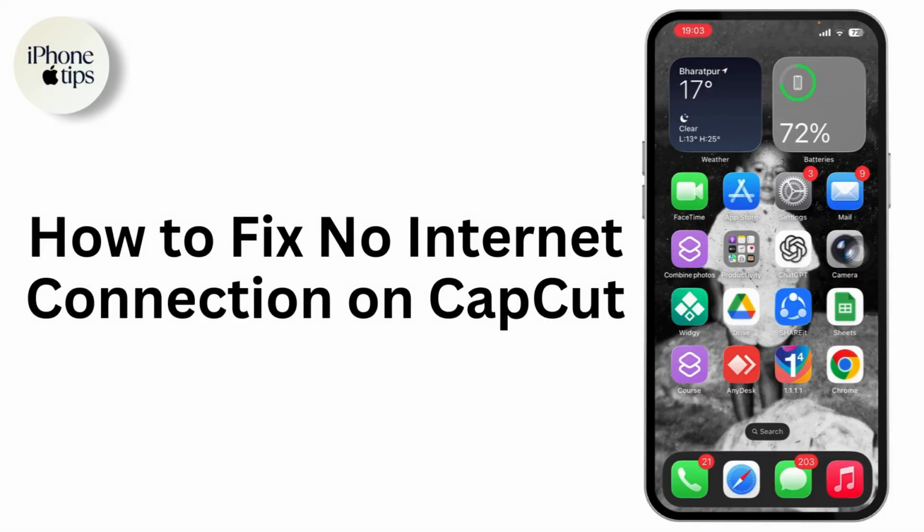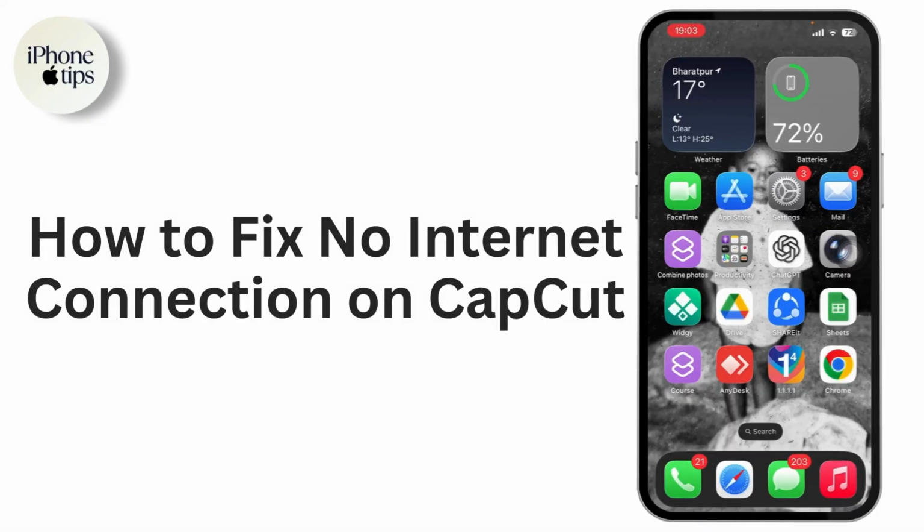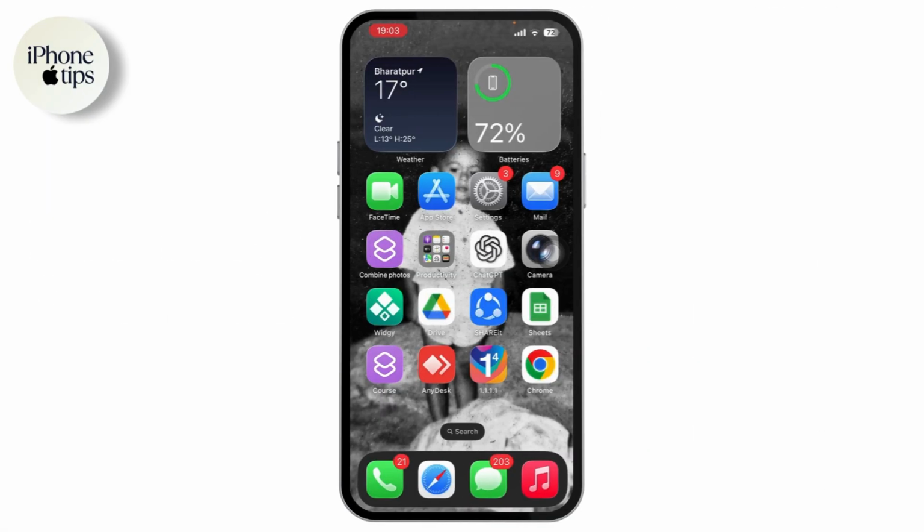How to fix no internet connection on CapCut. So if you want to fix no internet connection on your CapCut, then what you need to do is first make sure that you have a stable internet connection. After having a stable internet connection, if that still doesn't fix your problem, then you can open up your settings